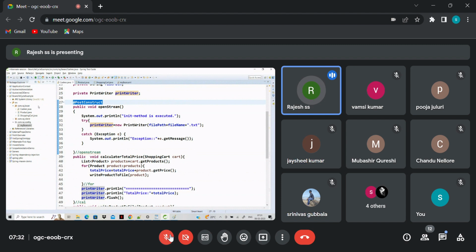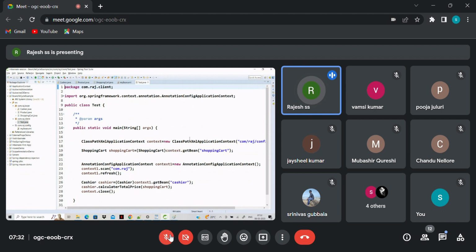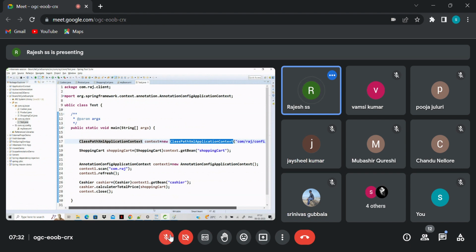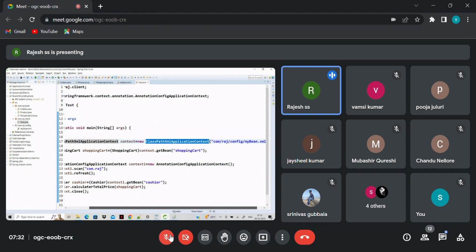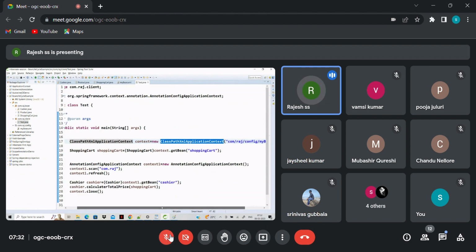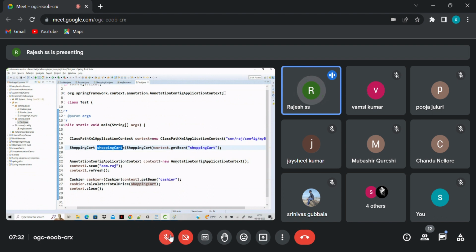And next, we have to test this application, right? For testing purposes, I wrote a main method. I'm reading the XML file. What beans are in the XML file? The list of beans, which are the shopping cart and products. I'm getting those details from the XML file, so for that purpose I'm using ClassPathXmlApplicationContext and getting the shopping cart object. Next, I'm using annotations for the cashier. For that, again, we need to create an AnnotationConfigApplicationContext object, giving the base package for scanning, and refresh it. And after that, we are calling the